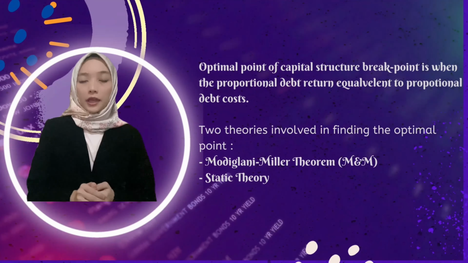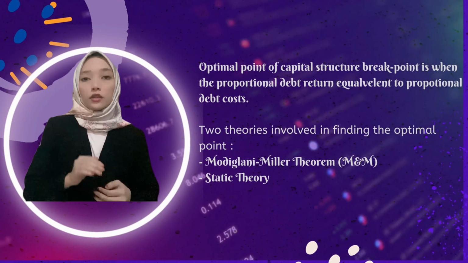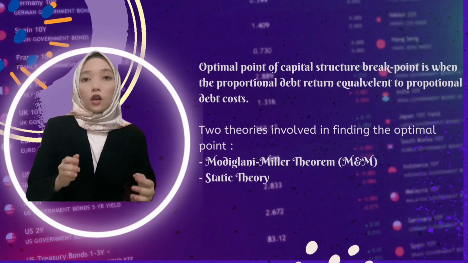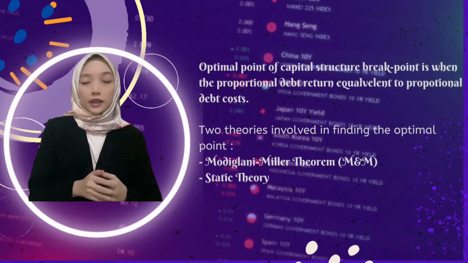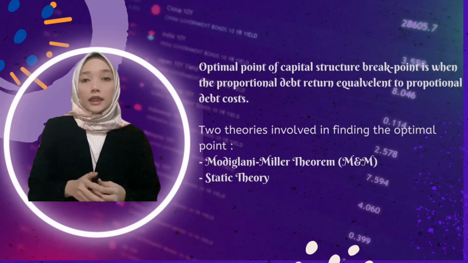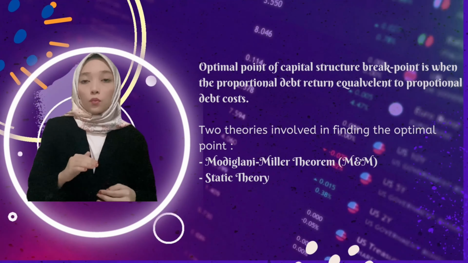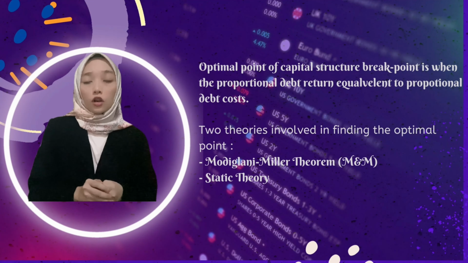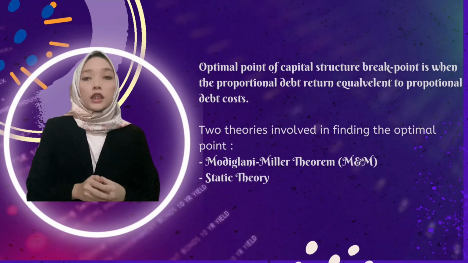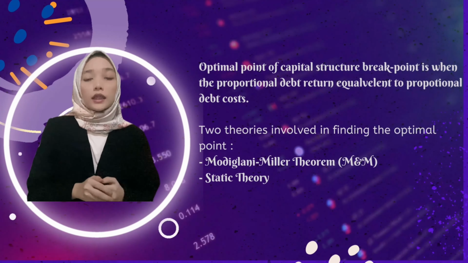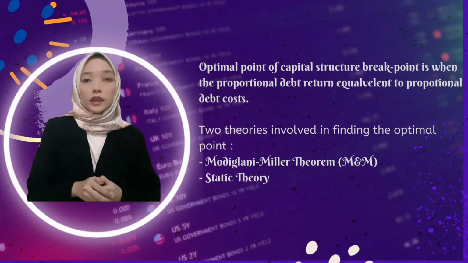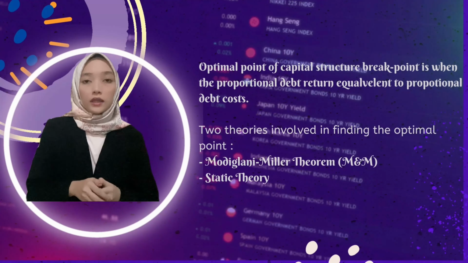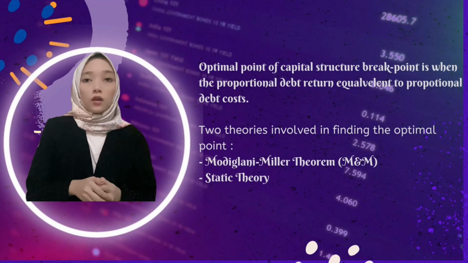An optimal point of capital structure. As the cost of debt gets higher, it will carry a higher financial risk to the shareholder. The approach of lowering the WACC will help in determining an optimal point by calculating the debt to equity ratio, which will lower WACC and raise the market price, as it will optimize the lowest net cost of financing and minimize the sense of insolvency. The optimal capital structure breakpoint is determined when the proportional debt return is equivalent to the proportionate debt cost.